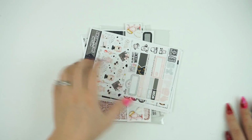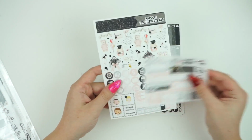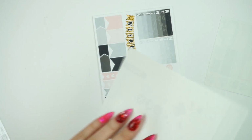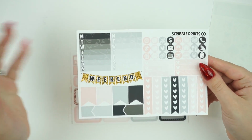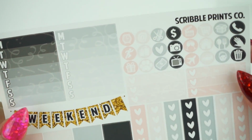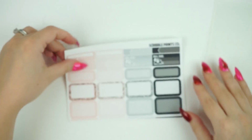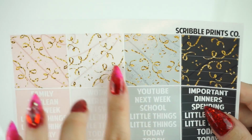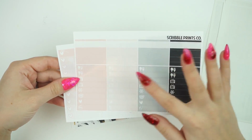But let's go back to the graduation kit. Hats off. So you have your freebie, you have your deco, which again, like I said, I think Jessica did an amazing job. Her next one too, it's so good. And then the one she's working on right now, I think she mentioned in her plan with me that she spent like 12 hours maybe, or 6 hours on one item, and it's so good. There's little streamers in the background, which I think is super cute. You have your glitter half boxes, and then you have again with the streamers, these are in gold for the washi, the little things, and the